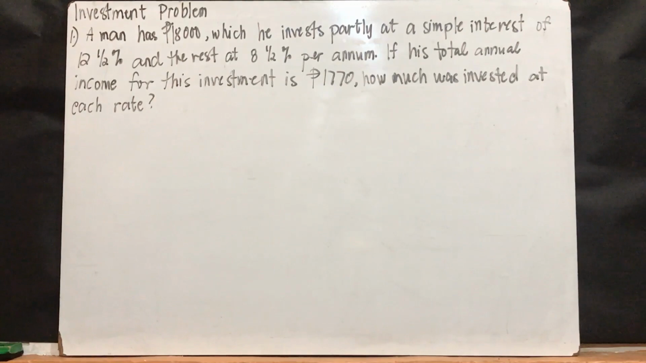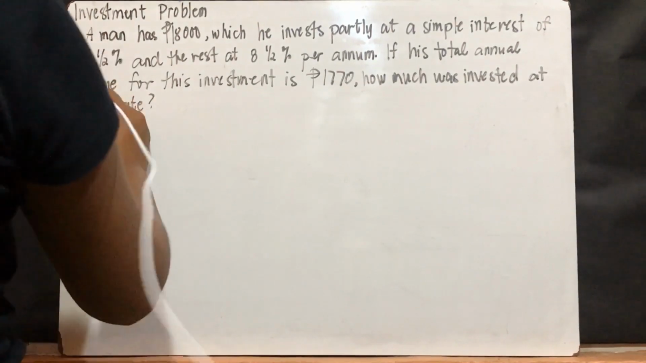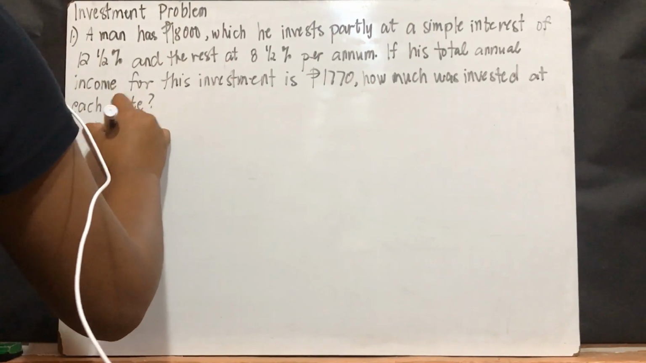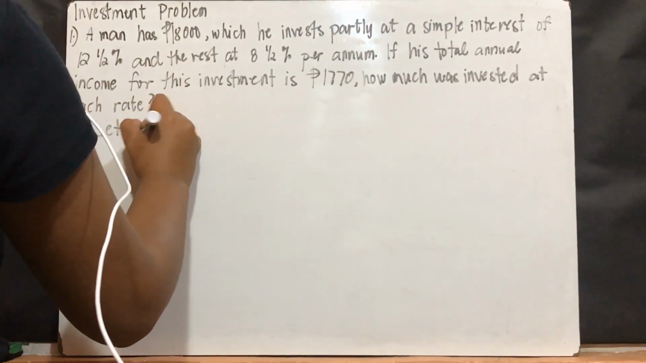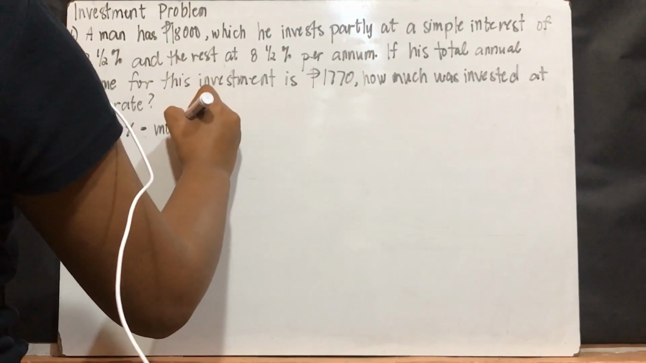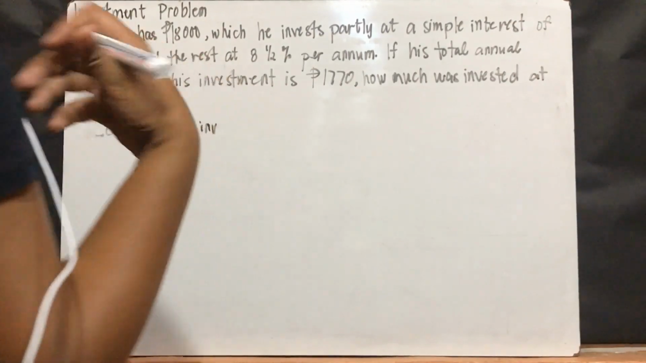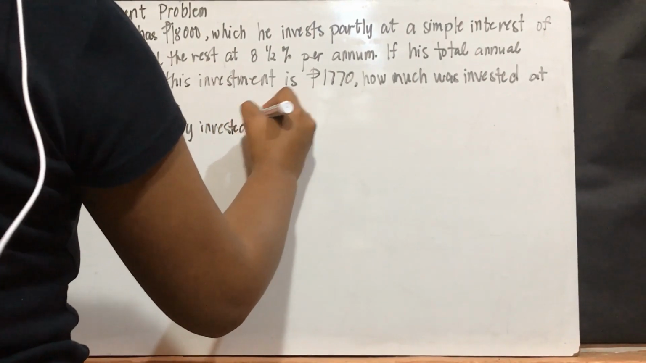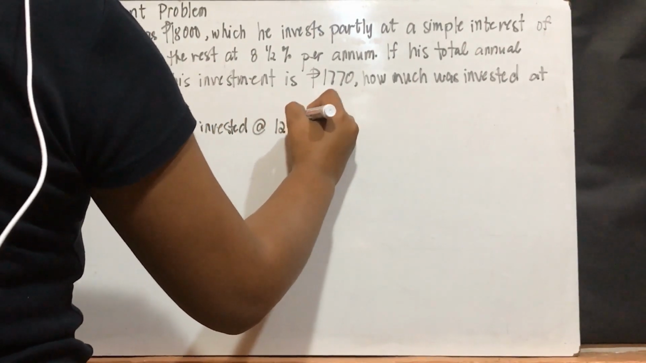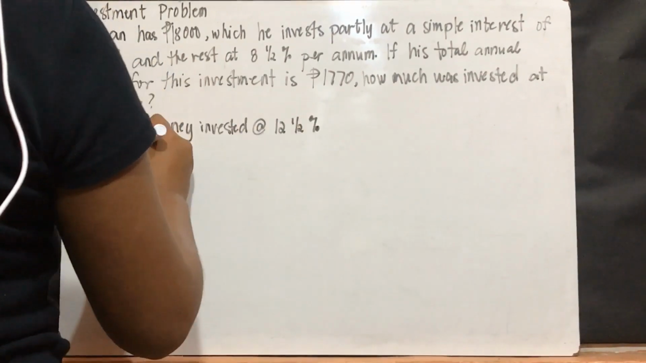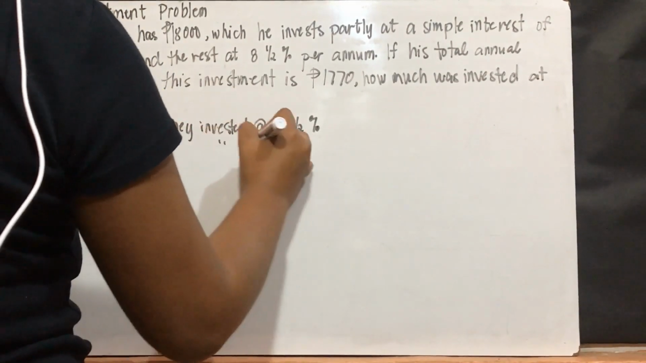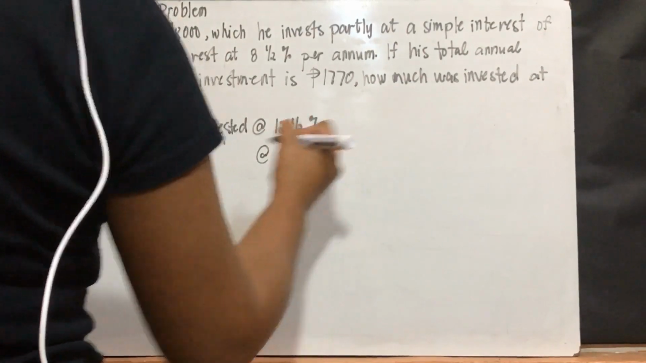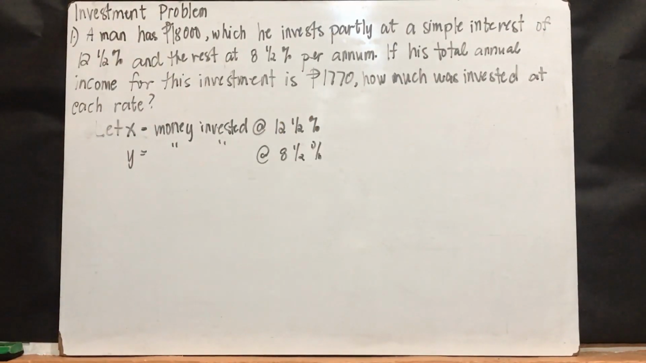So, gagawin natin, mag-let X muna tayo. So, let X be equal to the money invested at 12.5% and Y be equal to the money invested at 8.5%. Yan. So, sabi dito,